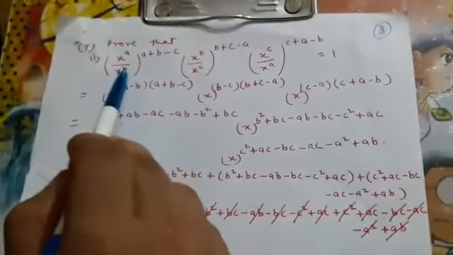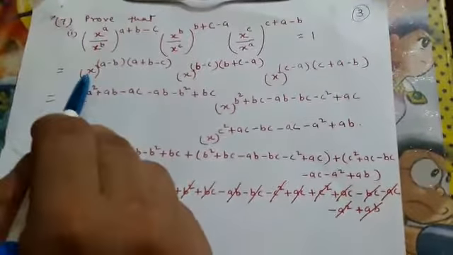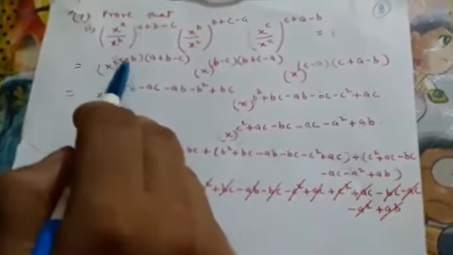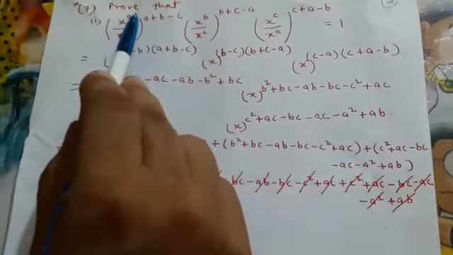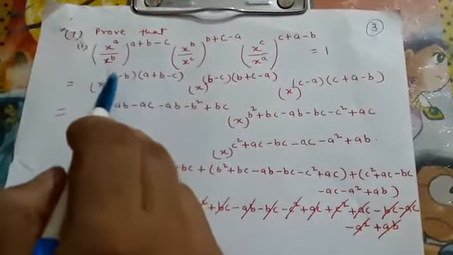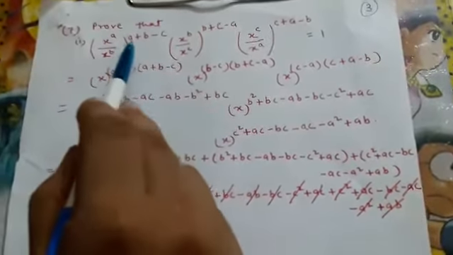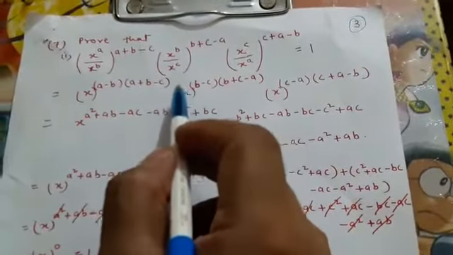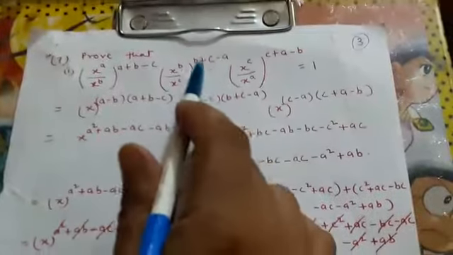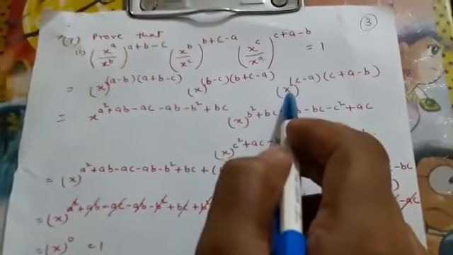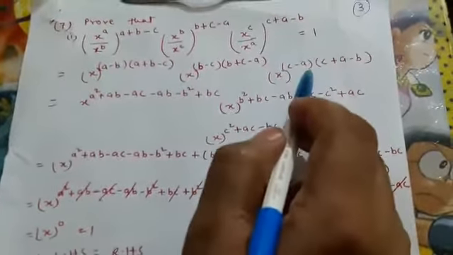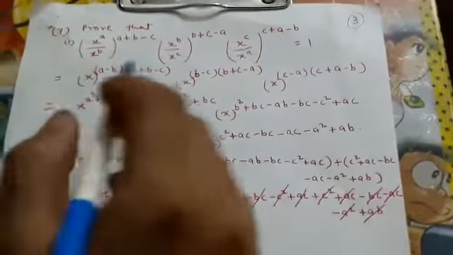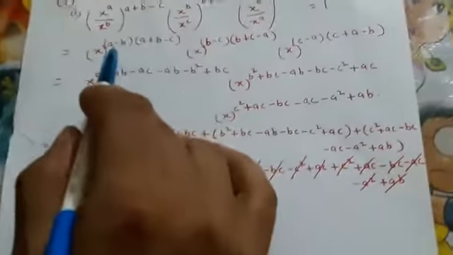Their bases are same. In case of division, their powers will be subtracted. So we can write, we will take the base x as common, and a minus b. This b will go to the numerator and it will become minus b, bracket close, and its power is a plus b minus c. Similarly, x as common and b minus c, bracket close, power b plus c minus a, into x power c minus a bracket close, power c plus a minus b. Now we'll multiply these terms.